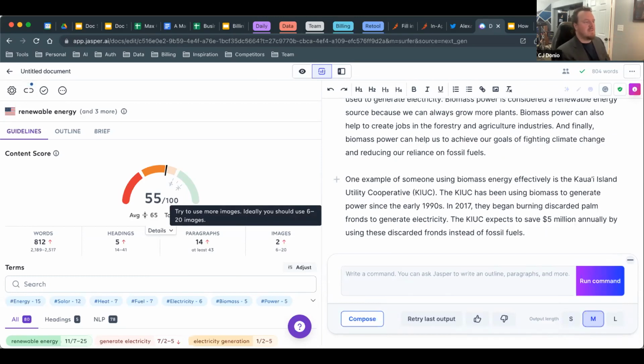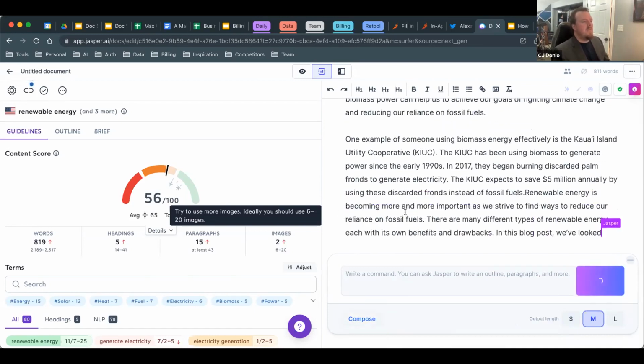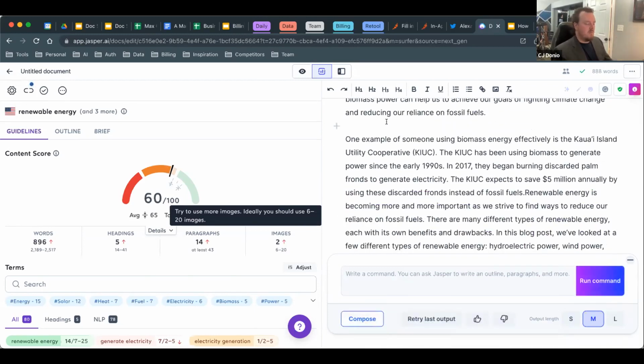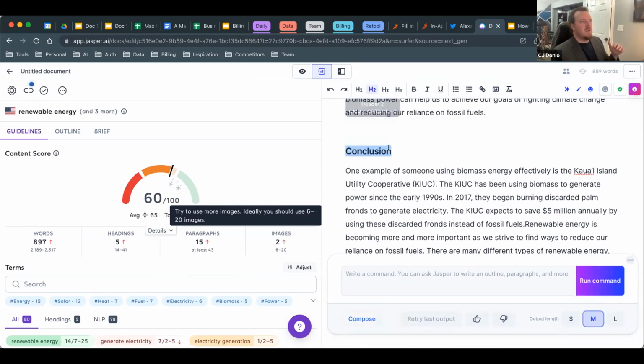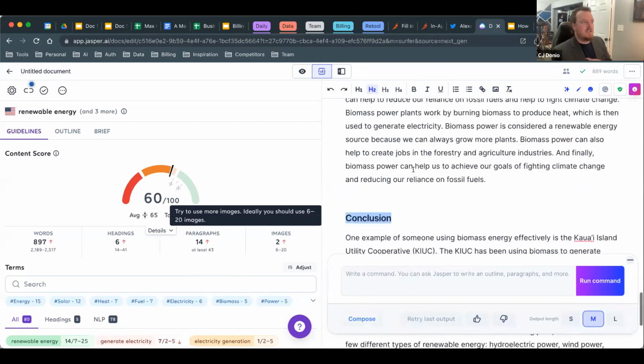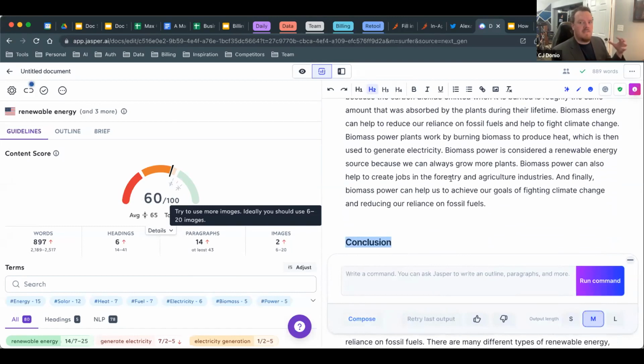And then just one other thing I always like to do, again, this is kind of my academic brain thinking. You can come in here and say, okay, Jasper, I want you to write a conclusion to this blog post. Now, for me, conclusion is one of the most important things. One thing I'll say in general is I always focus on, okay, what are the key points I want to make? What's the soul of this writing? That's where I want to focus. Whereas Jasper can just help me pull up some interesting facts, some interesting definitions. He can help me with that heavy lifting.